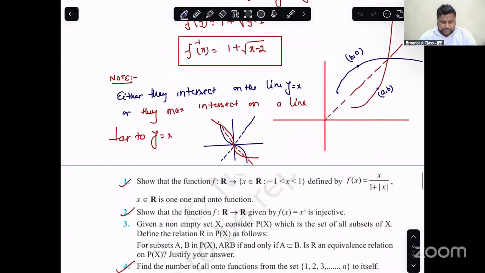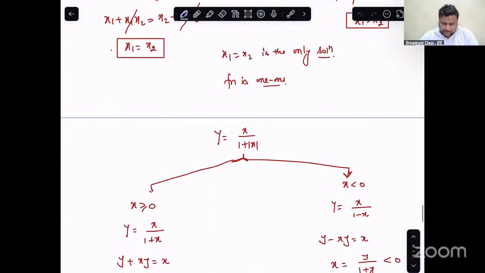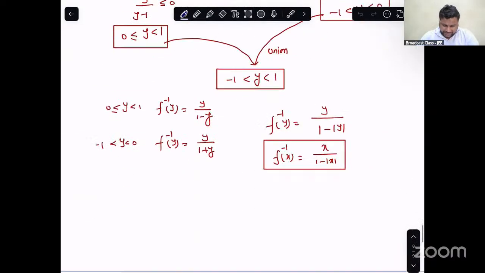Then a very important point I told you: a function and its inverse either intersect on the line y equal to x, or sometimes they may also intersect on a line which is perpendicular to y equal to x. Am I correct? Then we have done an example from NCERT. And now first of all,